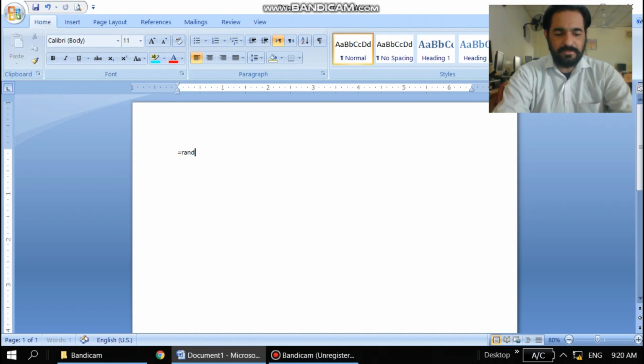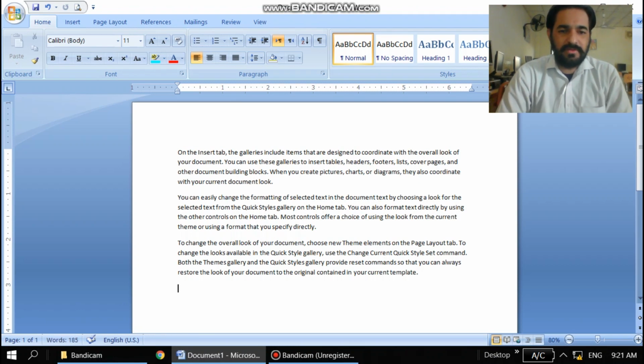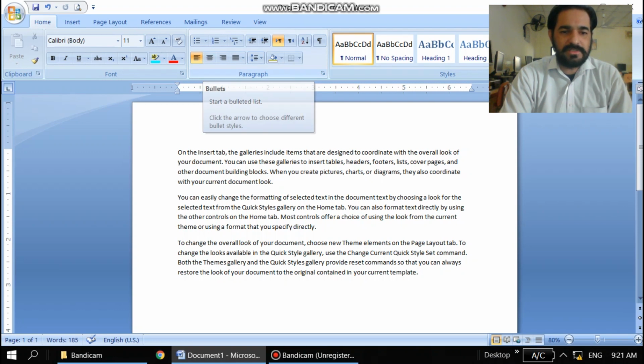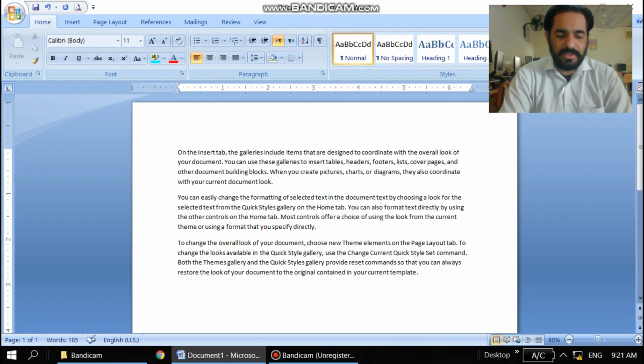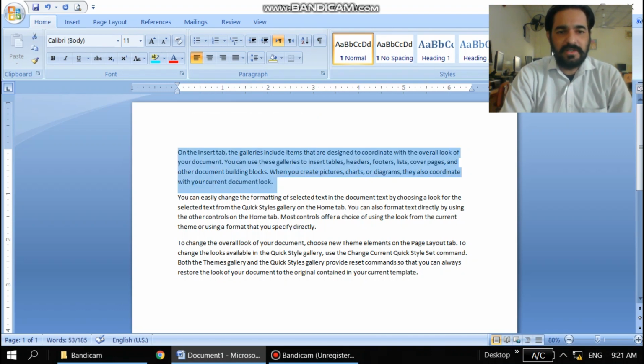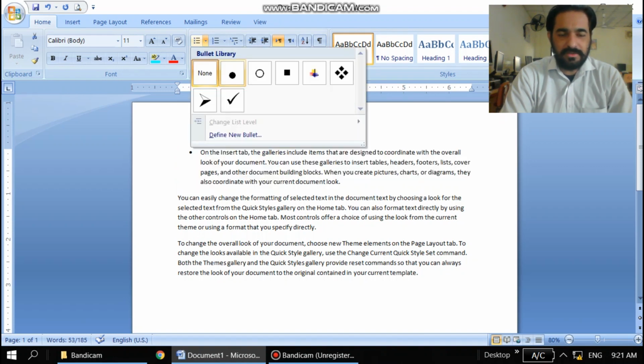So let me add some data. We have added some data for working. I have already told you how we can perform different operations, and you see what happens when you perform any kind of operation. So in the paragraph block, you have to select one line or paragraph, and you can apply that particular operation on that paragraph.